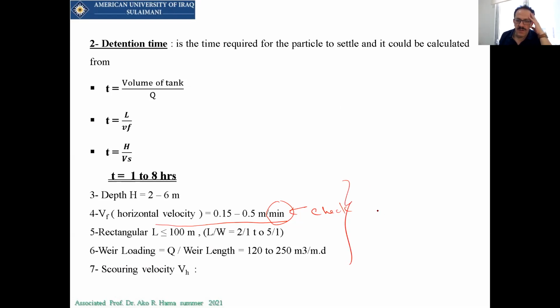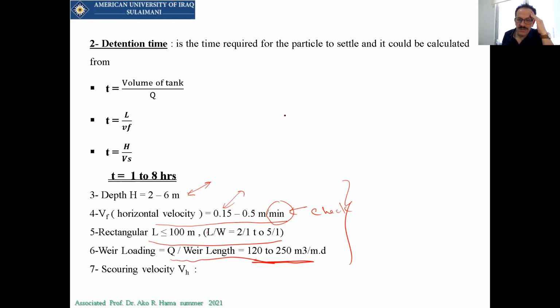So this is design consideration. When you are assuming a data, you have to check with the given. Now this is usually, when you are an engineer, will be available for you. And also this design consideration between the L to W will be given to you. I'm not telling you to memorize anything, but you have to know that one in your calculation. Besides this one, you have the Q.